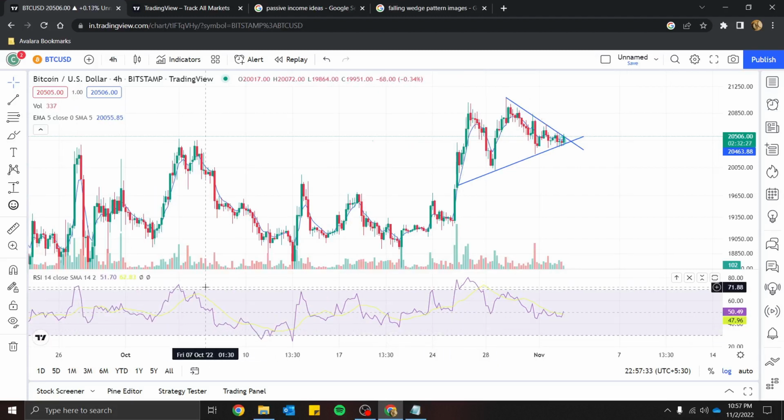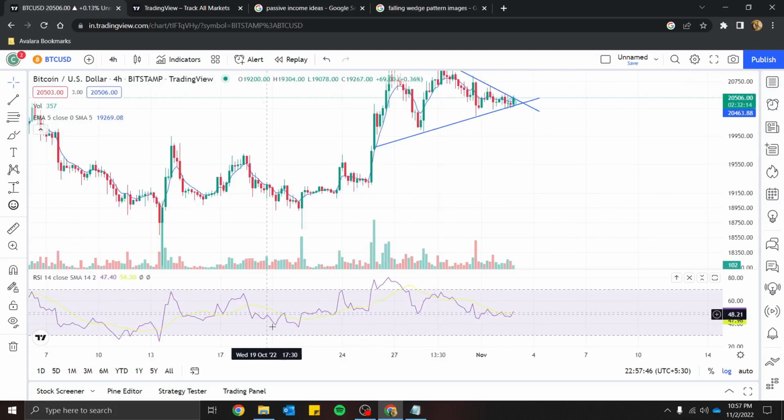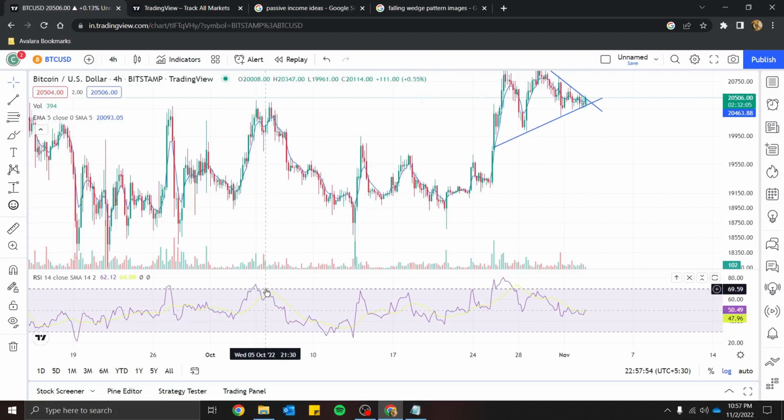And if you find RSI ranging in between this shaded pink region, that means the market is in a sideways move. So it's better not to take a trade when the market is in a sideways move. Always initiate a trade whenever the RSI value is above 70 or below 30. Okay, so 70 and 30 are my favorite points.